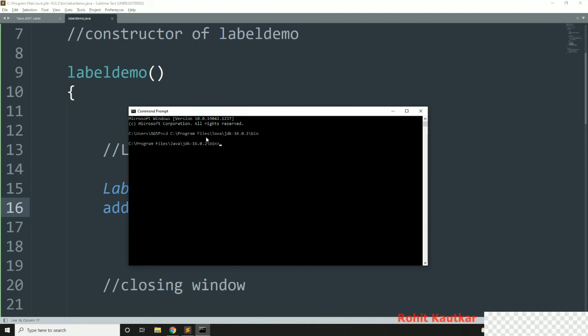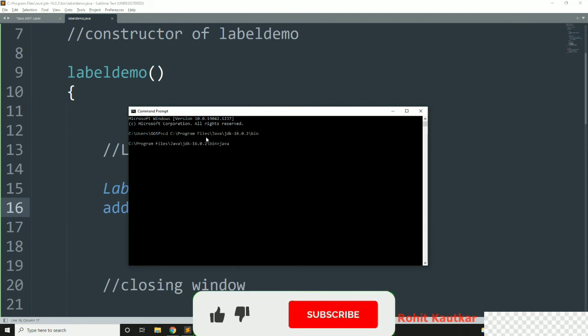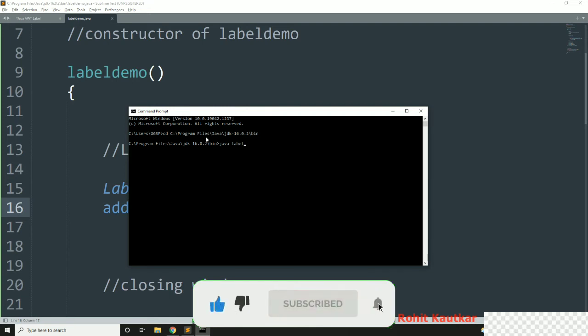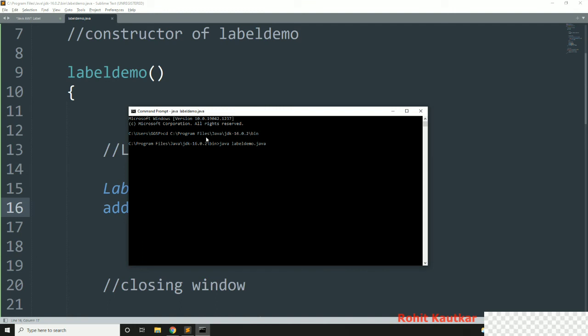So I will write cd and our path, and then javac LabelDemo.java. Okay, it got compiled. Now I will write java LabelDemo.